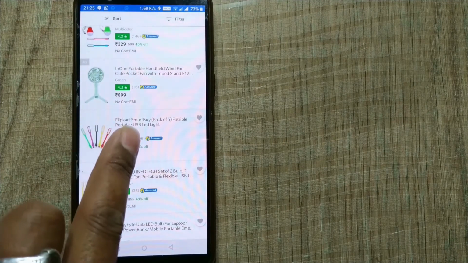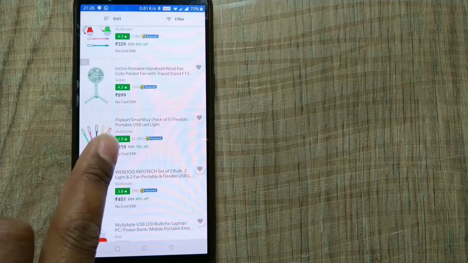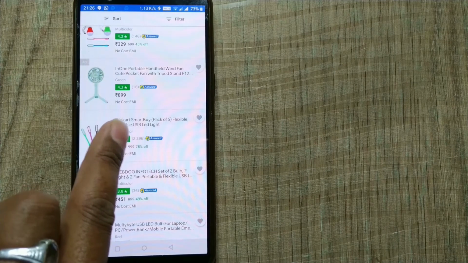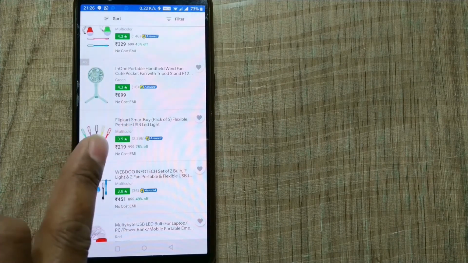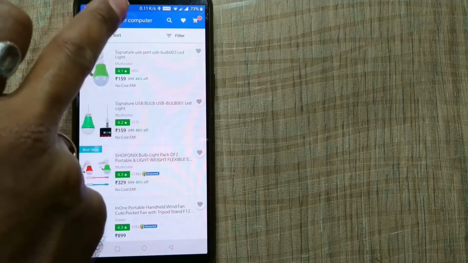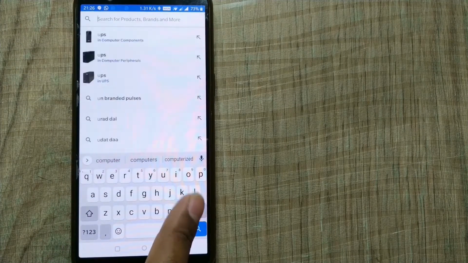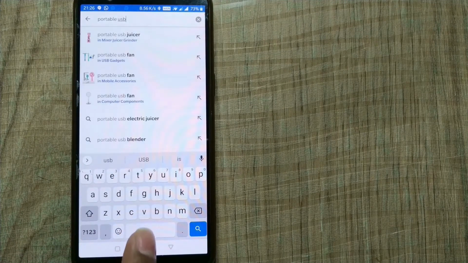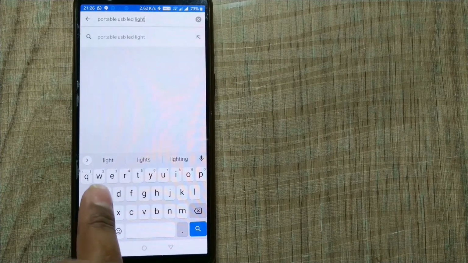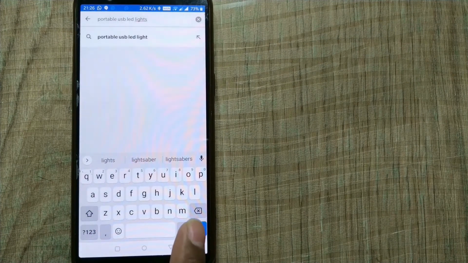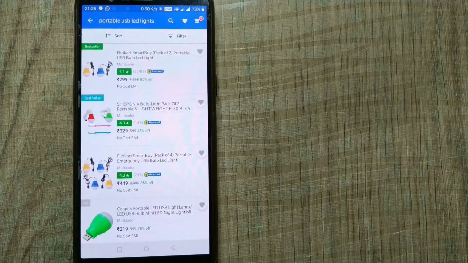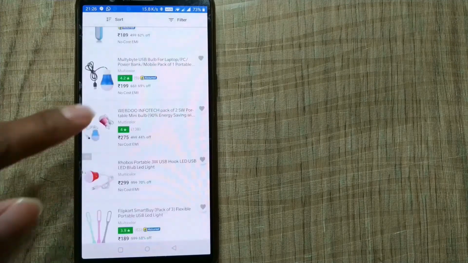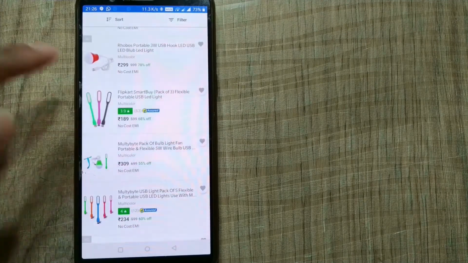So you can even see this kind of things if you are not sure of what those things are called. If something similar to items populates here, you can simply write their name also, like portable USB LED lights. So I will rather improve my search term like portable USB LED light. Many times it happens that you don't know exactly the nomenclature or the name of the product. You just know somewhat by this. Still, I think it's coming in the same way. So I want this kind of items. Okay, let me click this.